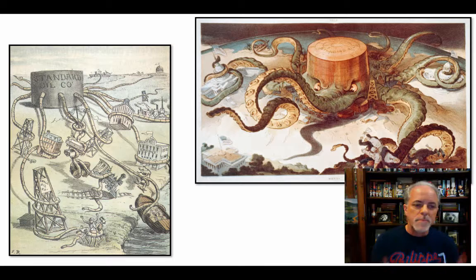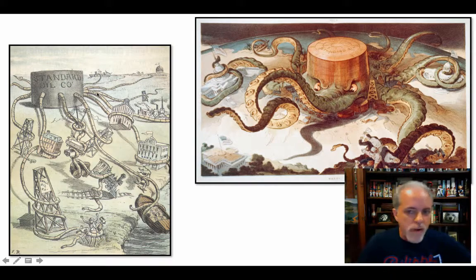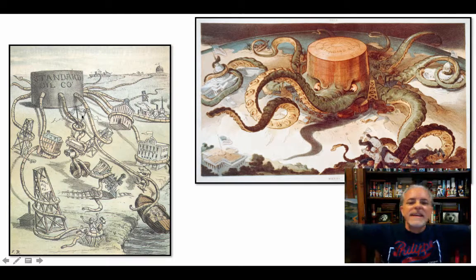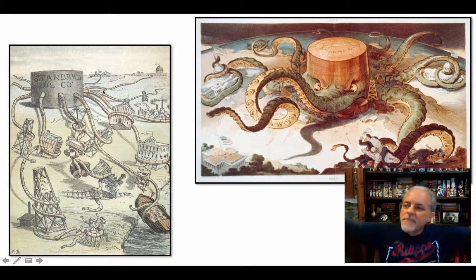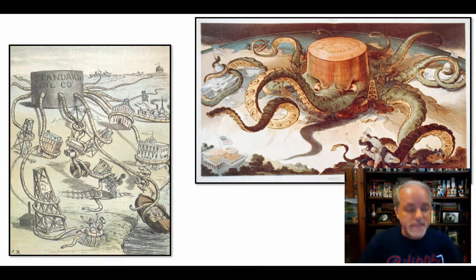Pardon me. A couple of cool political cartoons to give you a sense of Standard Oil's dominance, right? Here you see Standard Oil often portrayed as a big sort of octopus reaching out its tentacles, pipelines, right? But tentacles to grab a hold of banks and shipping lines and smaller oil companies and railways and just everything it needed, including Washington, D.C., right? You know, to maximize profitability and pull everything into itself to just get bigger and bigger